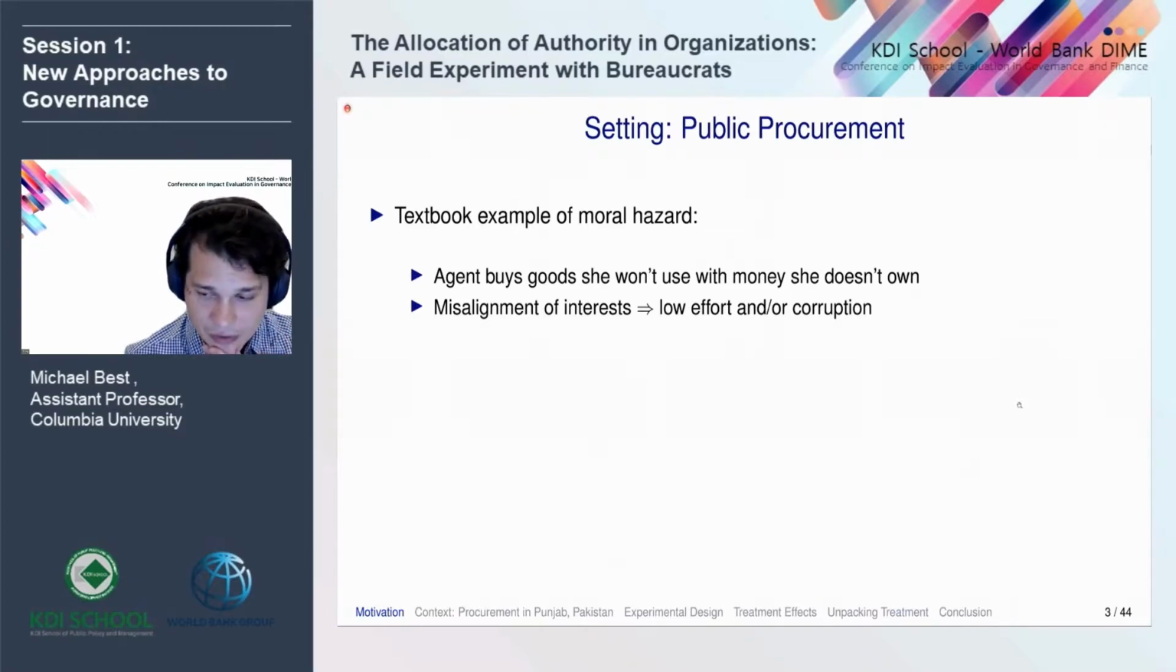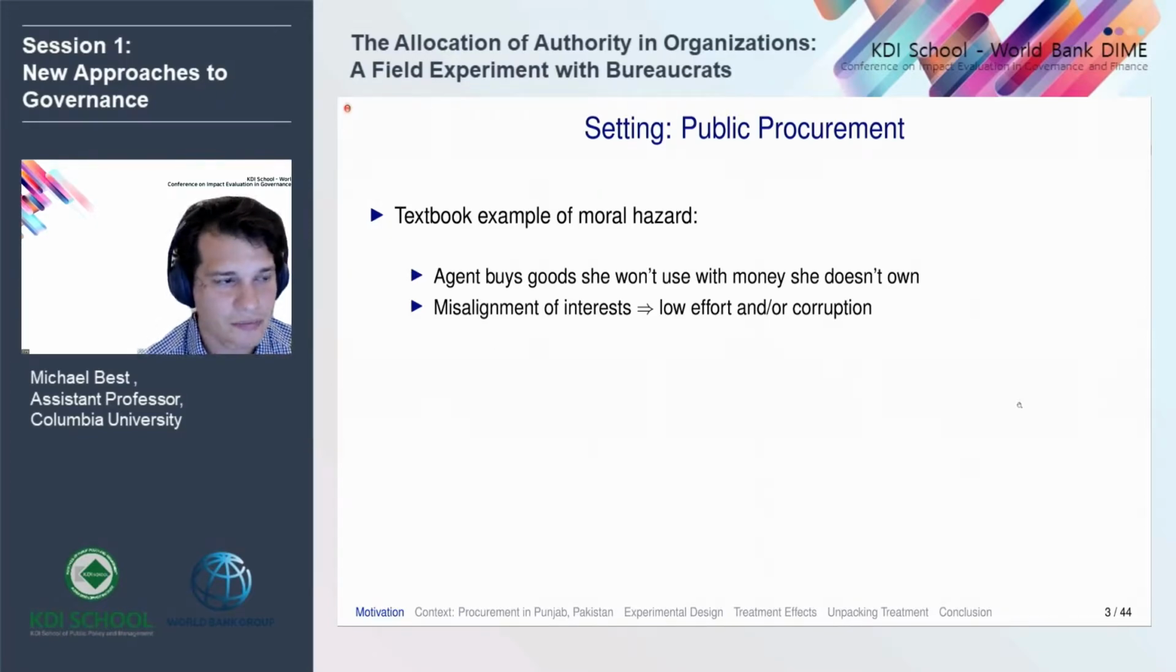So the setting that we're going to study, we're going to focus on a particular public service that's being provided by this bureaucracy. And the service that they're providing is public procurement. So they're buying inputs for the government to use to provide public services. And public procurement is a very fascinating laboratory to study the effectiveness of bureaucracies in, because it's a textbook example